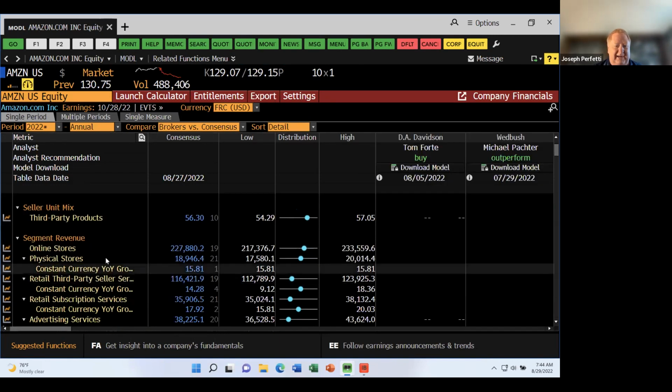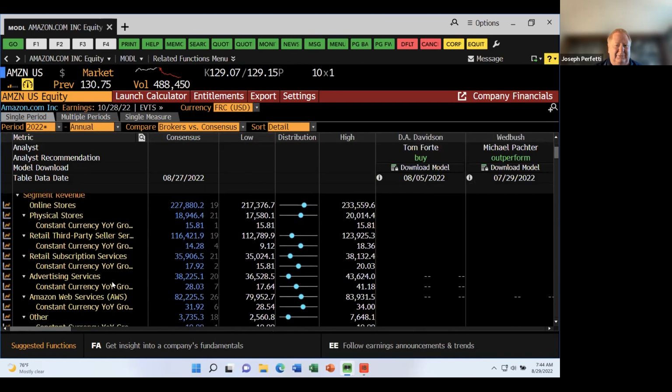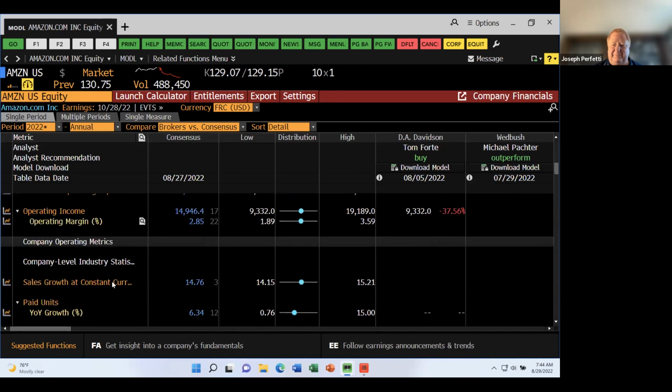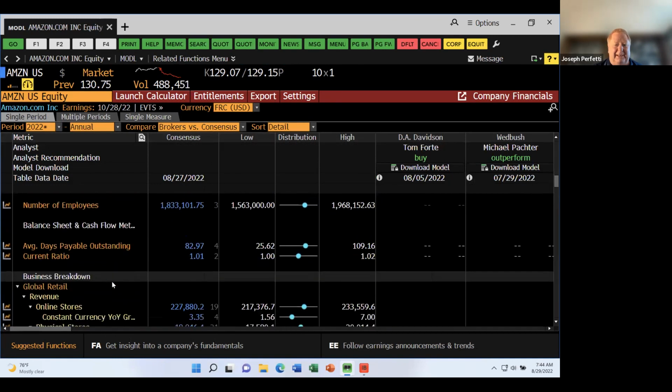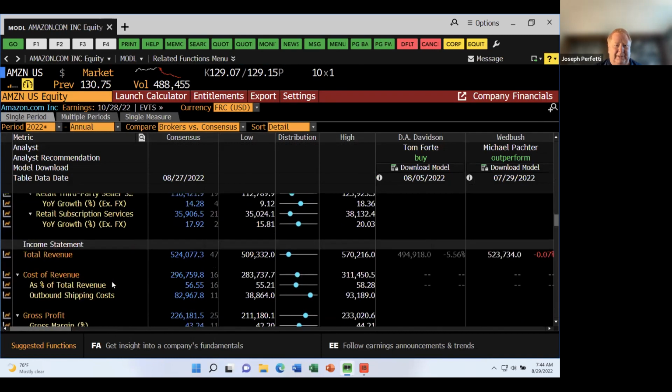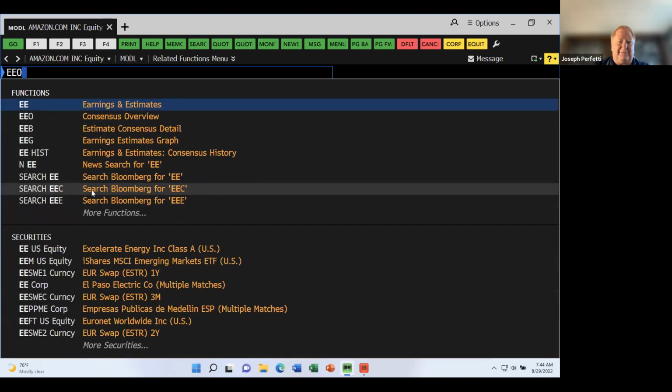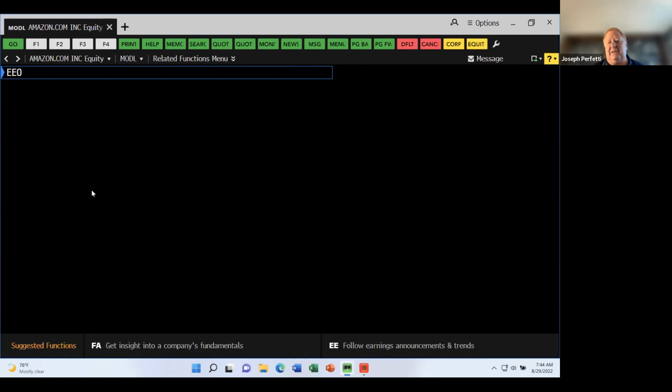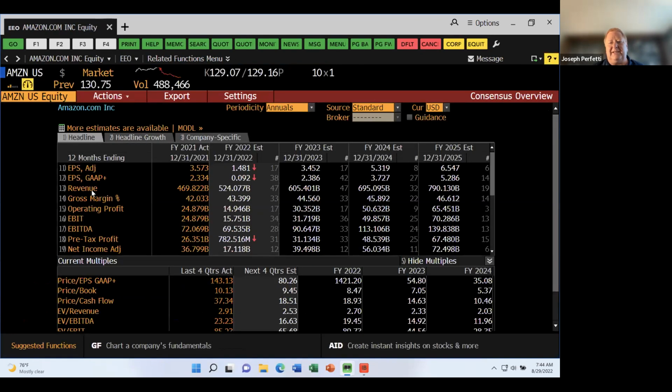So when they're forecasting Amazon, this is just a single period. I can look at multiple periods. This is what they're forecasting for Amazon. And Bloomberg is trying to be consistent about what the analysts are forecasting. It's helping get consistency on Wall Street. Okay. And this is then summarized on this screen called EEO, which we're going to use a lot this semester,